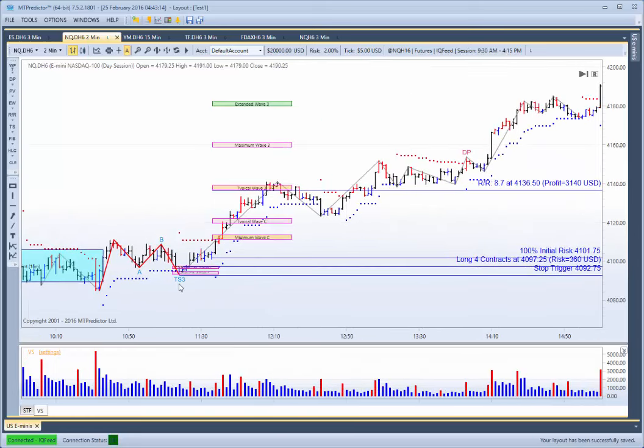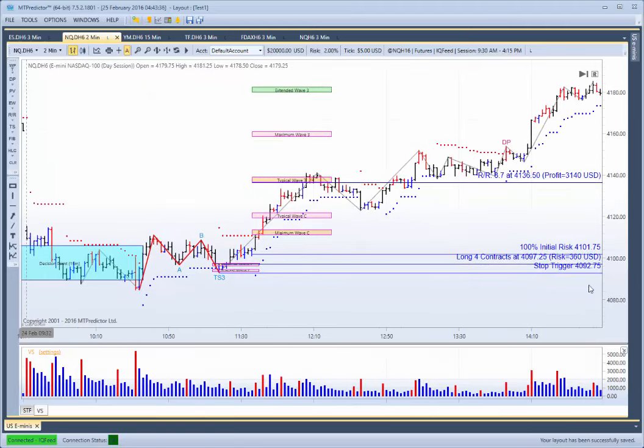Remember, we use correct position sizing to keep our initial risk small and under control, and in this case less than 2% of a sample $20,000 account. The market then went to the typical wave 3 WPT, and here a profit of approximately 8.7, or almost 8 times, well almost 9, but 8.5 times greater than the initial risk. In other words, it turned an initial risk of approximately $360, ignoring slippage and commission, into